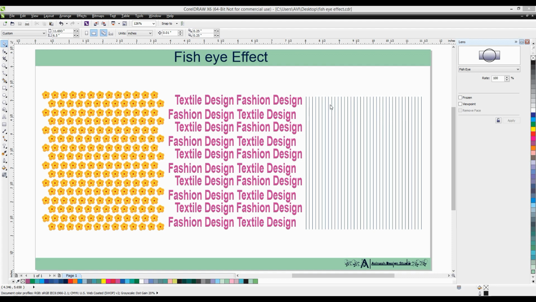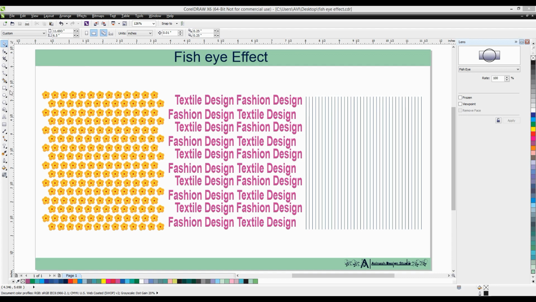Hi guys, welcome to your CorelDRAW class. In this tutorial, we are going to discuss the lens effect in CorelDRAW. Not only the lens effect, but also we are going to use mesh fill, different methods of color fill, shading, and so on. This is very interesting and very easy to use in CorelDRAW. I prepared all the elements that we need for this project. So let's get started.